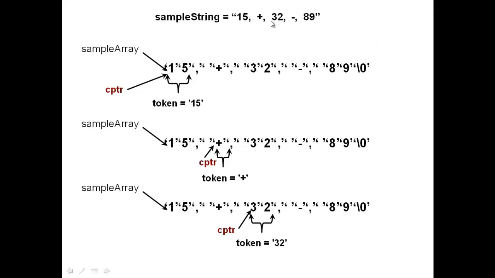So why I say you should not put 3 and 2 separately, because as we just saw in a string, each index is considered as a character. So when you input this as a string, it is going to treat this 1 as a character, 5 as a character, comma as a character, the blank space is a character, the plus is a character, and so on. But for our purpose, we want to process it as an expression where this is 15 plus 32 minus 89. So that's how we want it to be processed. So that's what I show here. Each element index in the string is treated as a character, so I put each within single quote, indicating each is treated as a character.